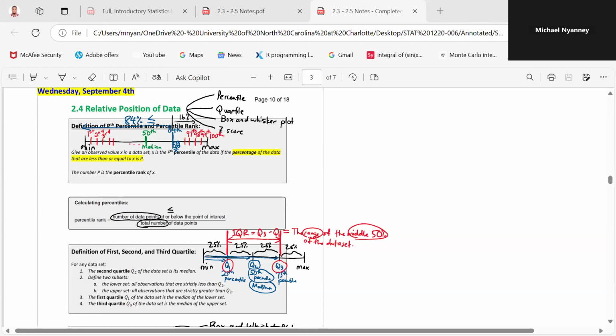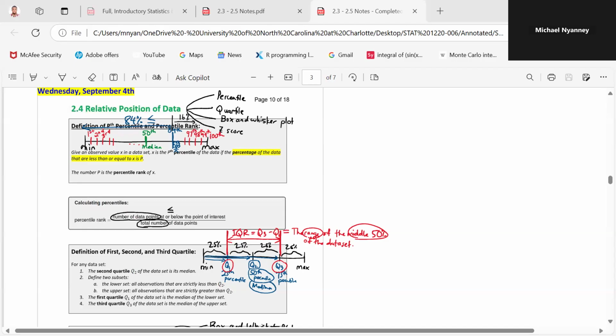So today, talking about relative position of data, we're going to do that through the percentile, quartile, box and whisker plot, and the Z-score. So first of all, the percentile. The percentile gives a percentile rank to a data point in our data set. For you to find the percentile rank of a data point in our data set, first of all, you